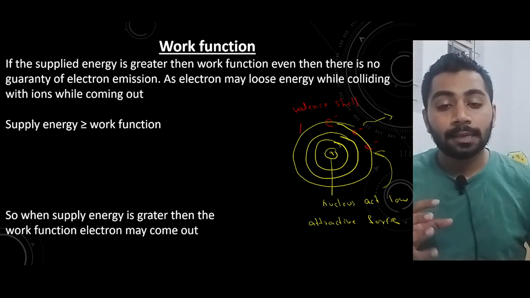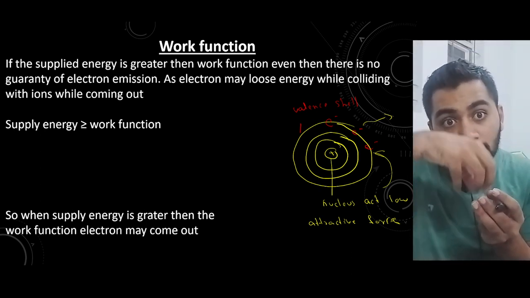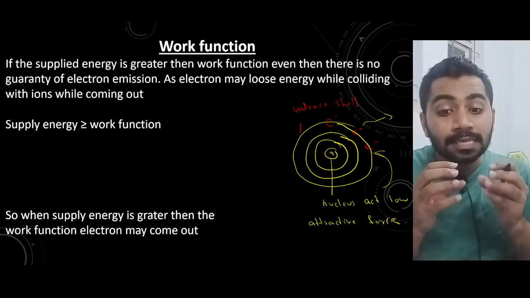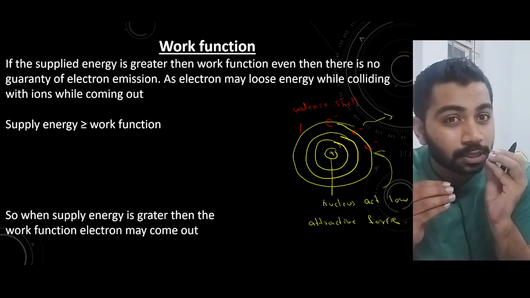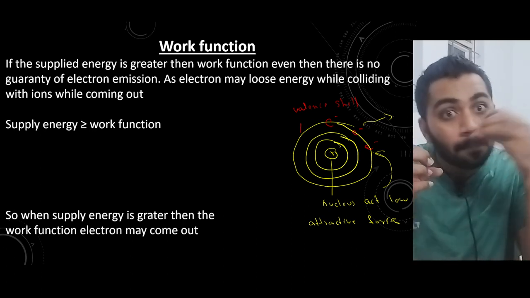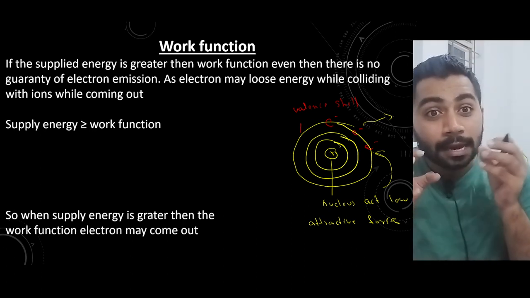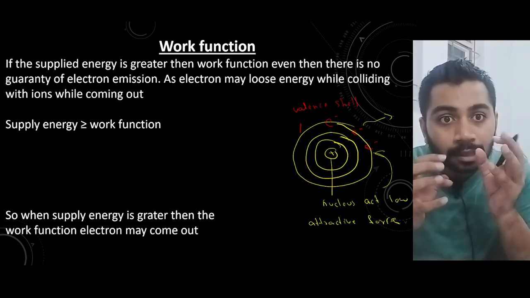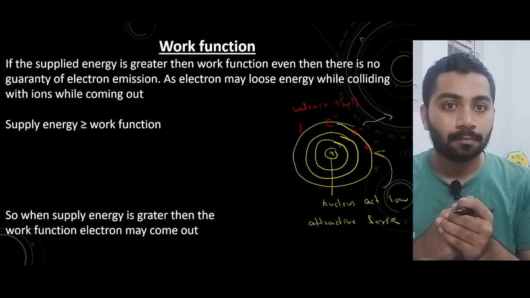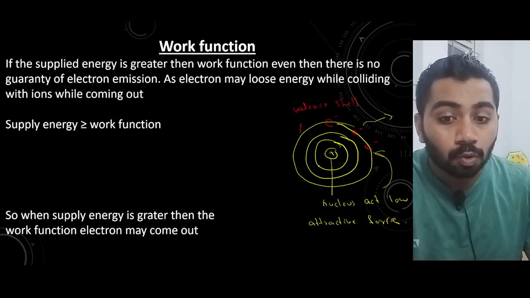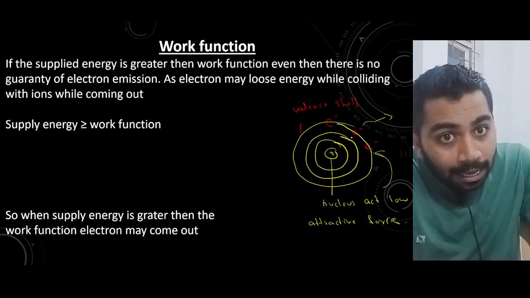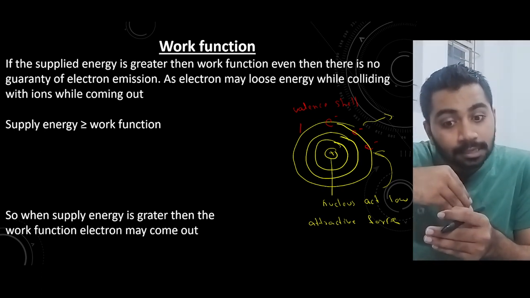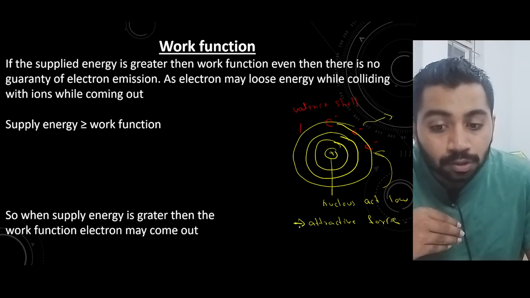Now normally the valence shell electrons want to come out of the atom, but this small, low attractive force is there. It is not letting them come outside. It is like saying, come in, you are not supposed to go out. Like that it is escaping. So now if this electron must come out, then we must give some energy opposite to this attractive force.